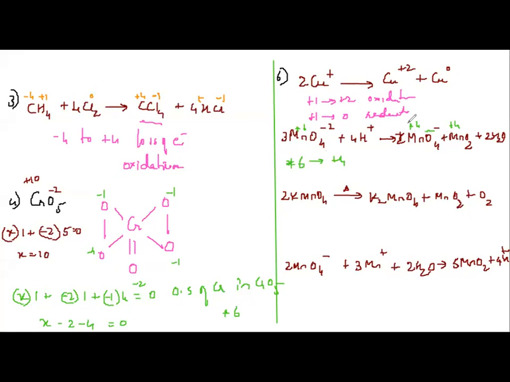When you write it along with the balanced equation, it becomes plus 7. The whole charge is given, so I'm sorry, let us take it like this. How much have they given? MnO4 2- and MnO4-. So if I calculate the charge,